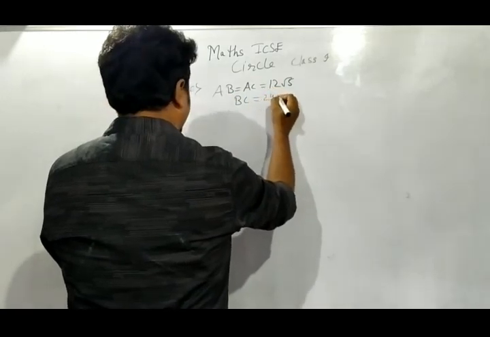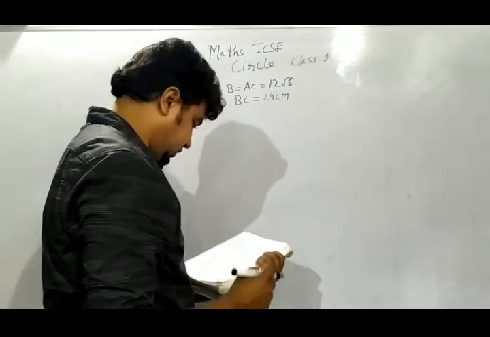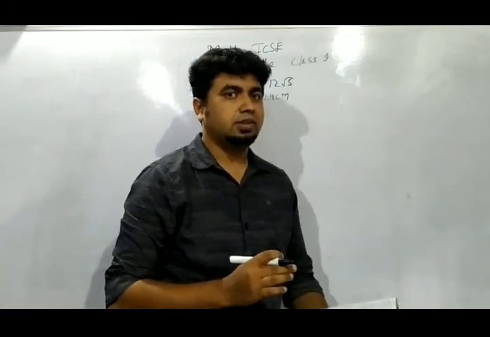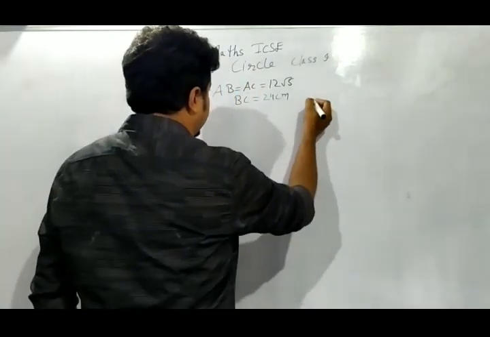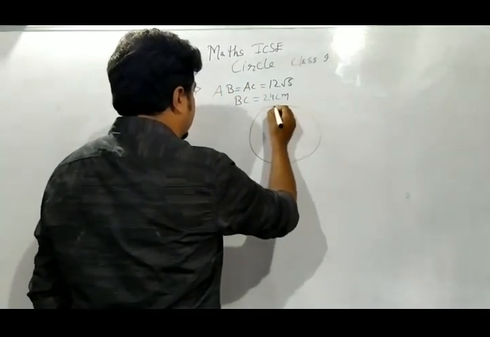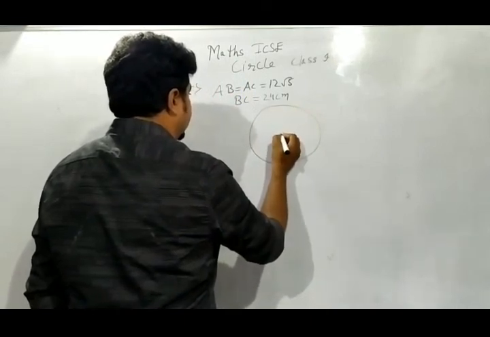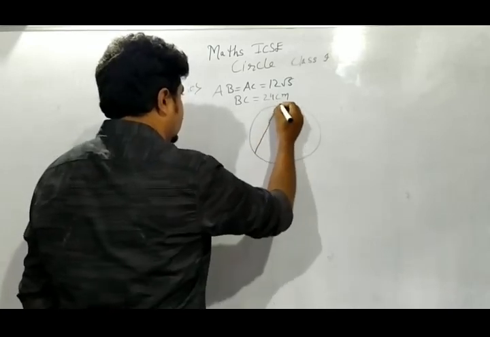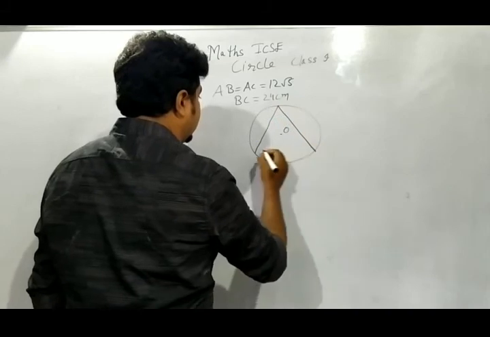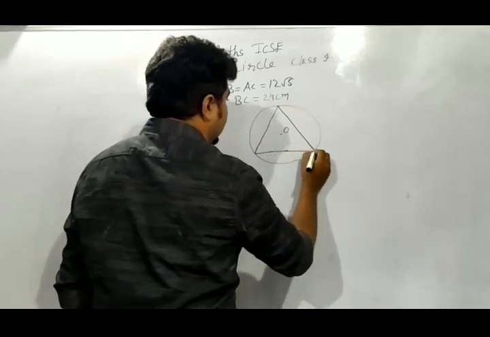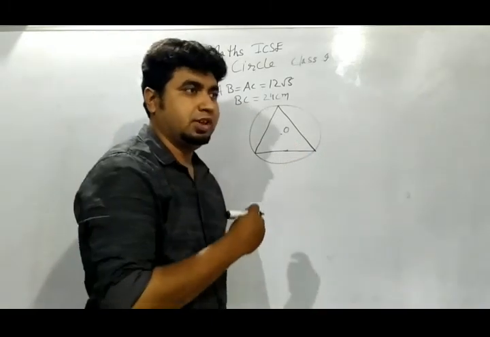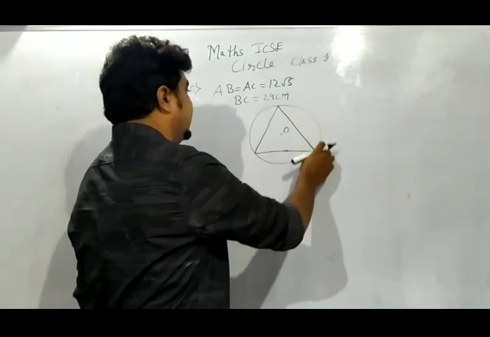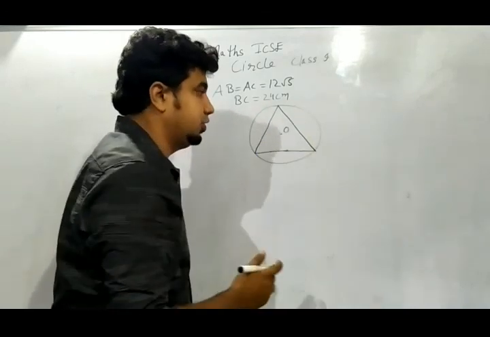24 centimeter. Now it is being asked in the question about the radius of the circle. So now I will be making one circle. In this is the center. Circumscribed means the triangle will be inside the circle, or we can say the circle will be outside the triangle. That is the meaning of circumscribed. It means the circle will be outside the triangle and it will be passing through all the 3 points. So from here